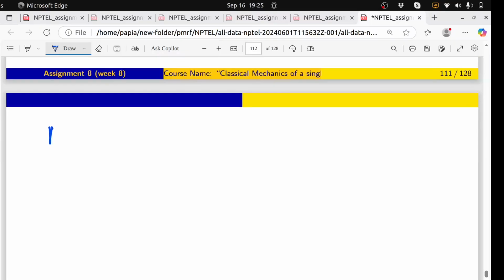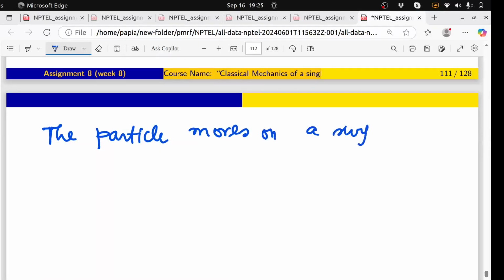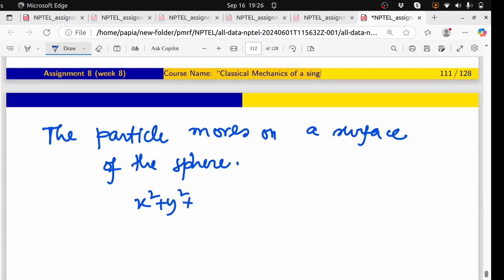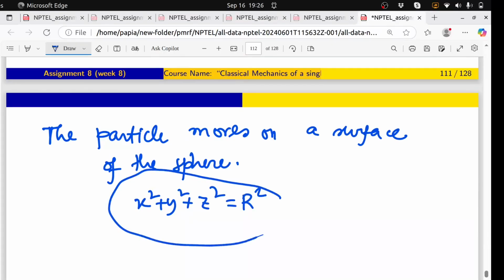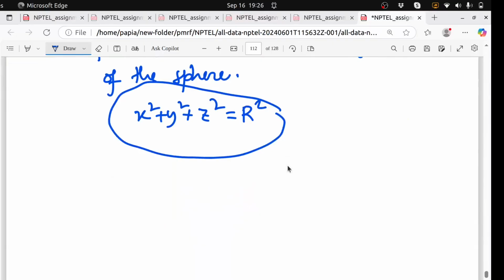So the particle moves on a surface of the sphere. So for this case, I can see x square plus y square plus z square equals to R square. That means I can also see that r square equals to R square, which is constant,